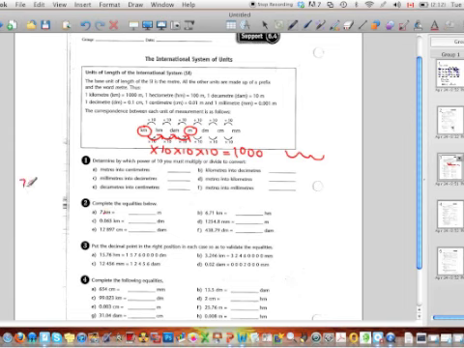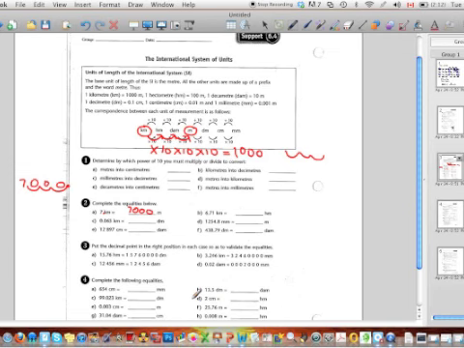So if this is my integer, it's right here. So I'm going to go 1, 2, 3 places. Now there's nothing here, so I fill in the zeros. 2, 3. My decimal place is still at the end, so I would have 7,000 meters. Okay? Let's do one where we go from centimeter, let's go from